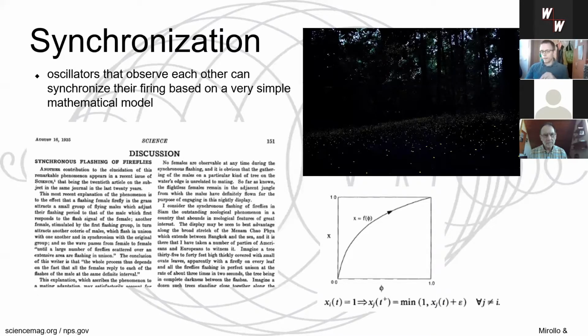Every oscillator can observe its neighbors, so the other oscillators in the group. And you can think of them as having an internal tuning curve. They have some property that builds up, and at some point, when a certain threshold is hit, the oscillator fires, whatever firing means. For the firefly, it would mean flashing. For the neuron, it would mean an action potential.